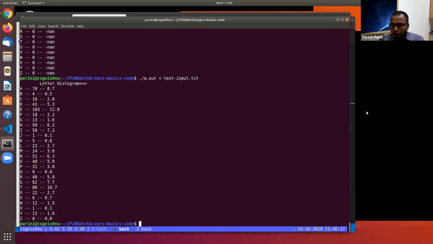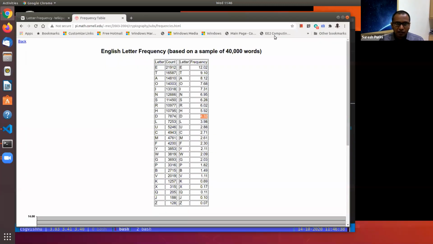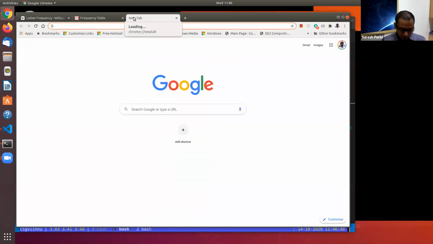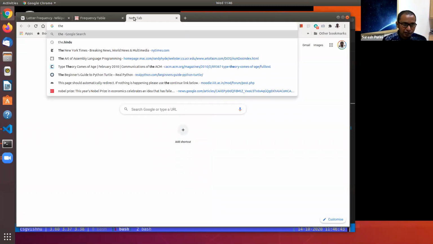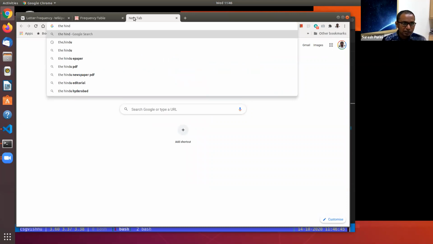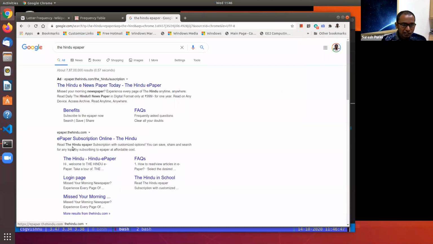If you want to experiment, can one of you paste some random text from The Hindu or some article, and we can compute the histogram and see how it works. Or maybe I will do it from The Hindu. I did it from the New York Times, so let's see if it's the same case with The Hindu.